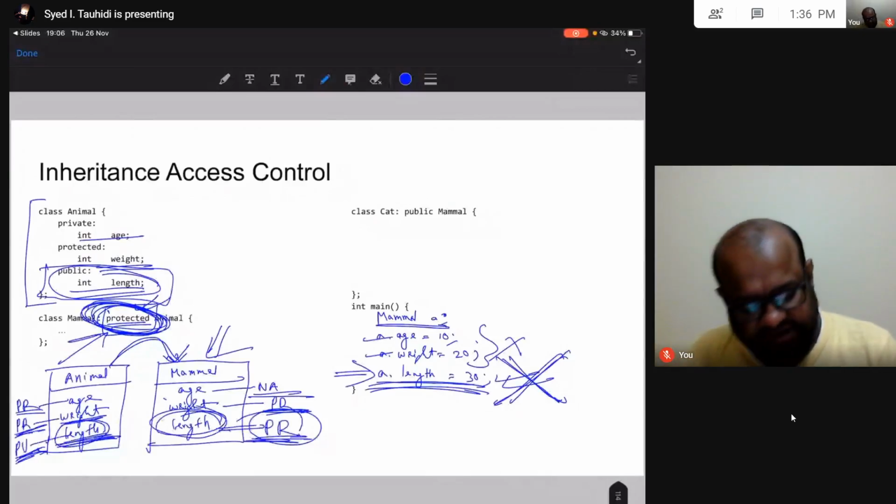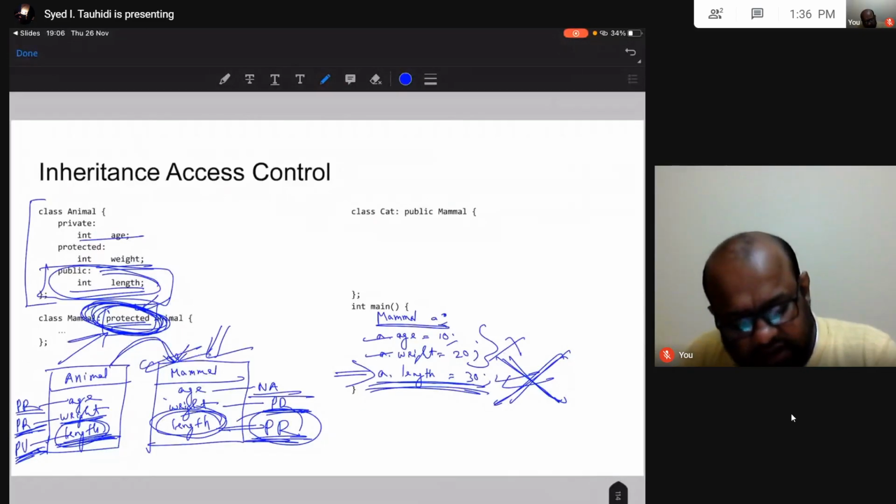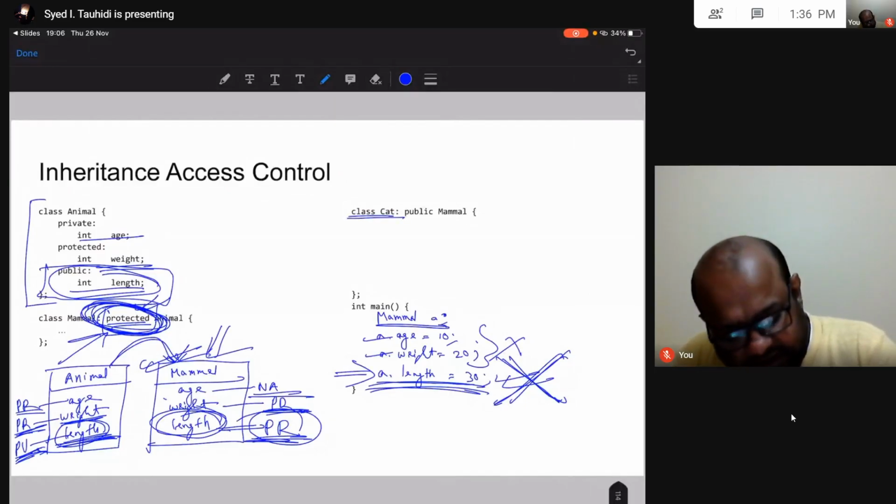This is my mammal class. Now what are the things that I can access in my cat class? Can I write age equal to 10, weight equal to 20, length equal to 30?